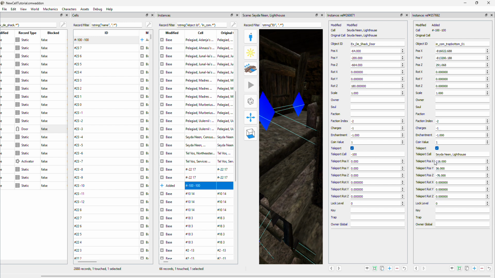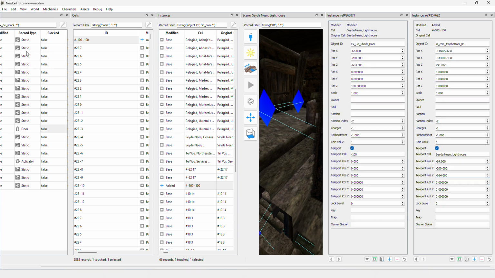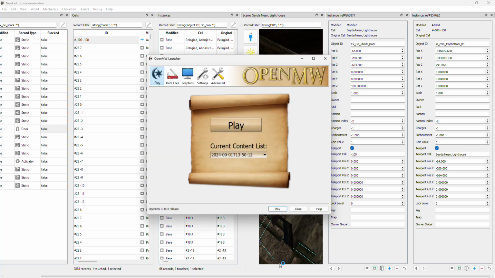So we'll just copy what's up here, -64, -200, and then -664. And we can file, save, and then when we open up this again,